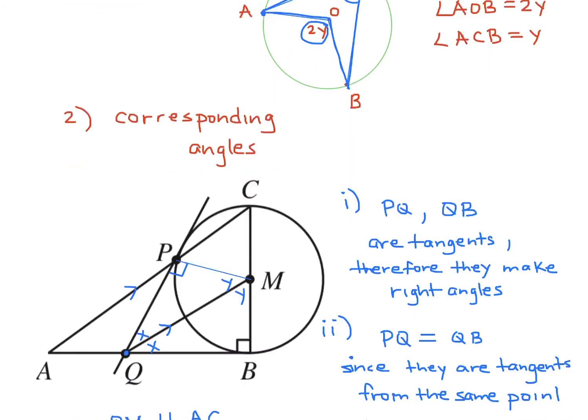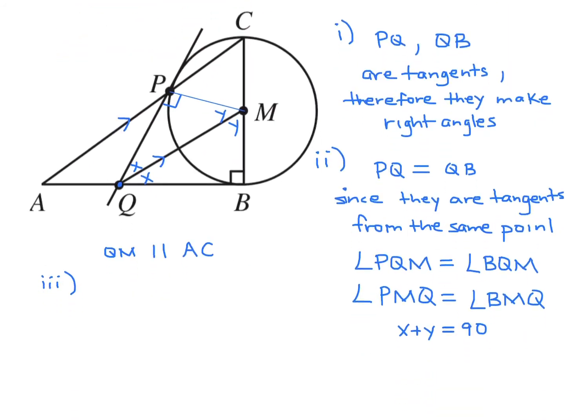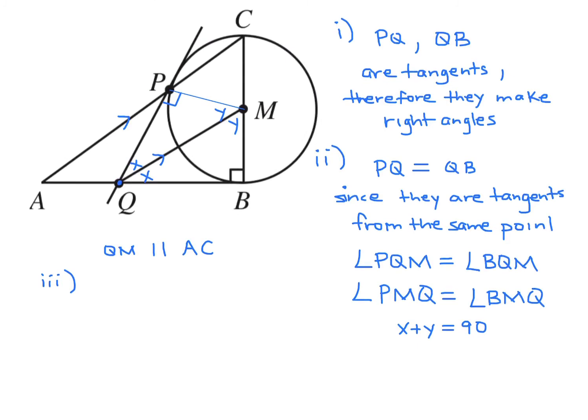So if you use that exact same rule on our diagram here, we have 2 points, P and B, like that. We're drawing lines to the center, and they created an angle of 2y. And then you take those same 2 points, P and B, and you draw lines to a point that's on the circle, and this time C. And therefore that angle in there will be half of 2y, which is y. Okay, so that means that angle PCB